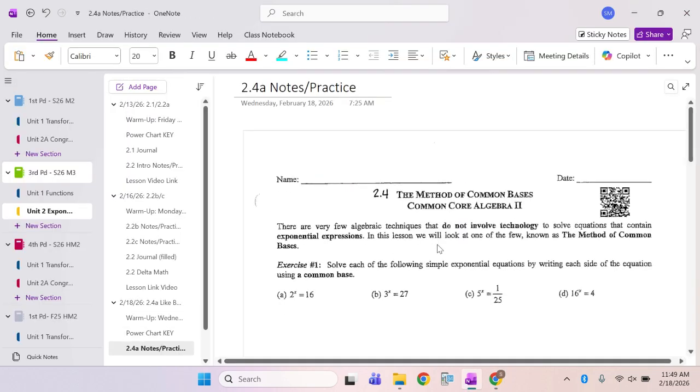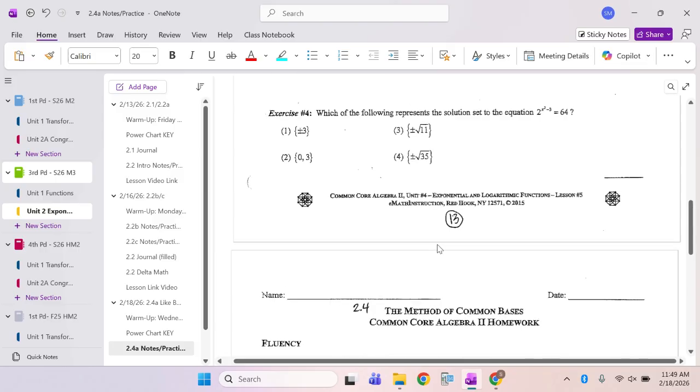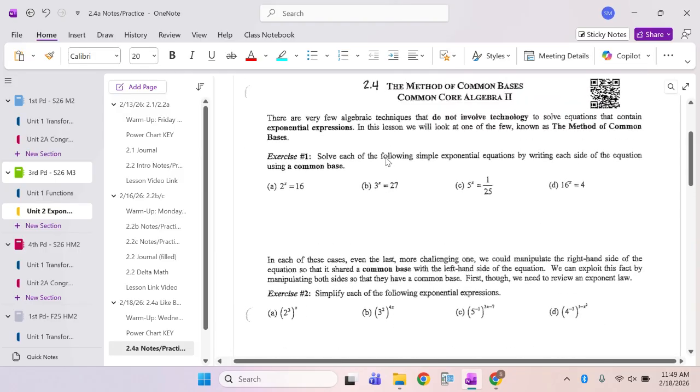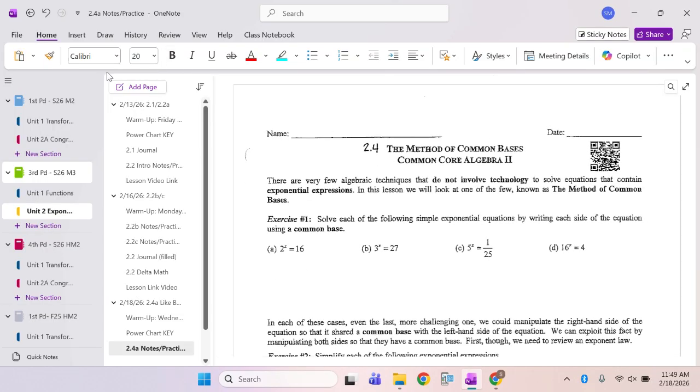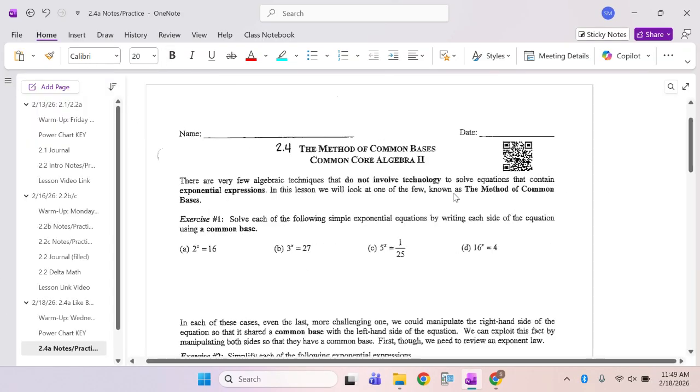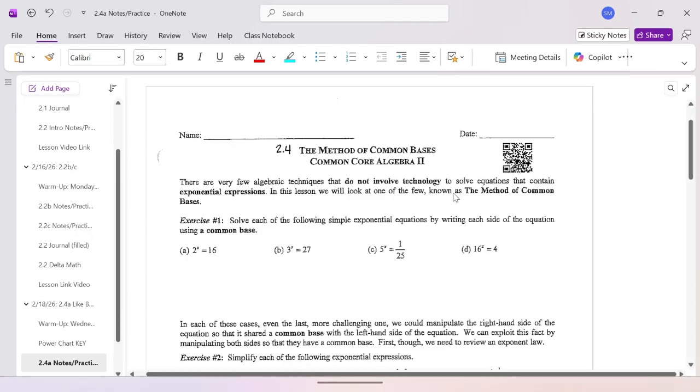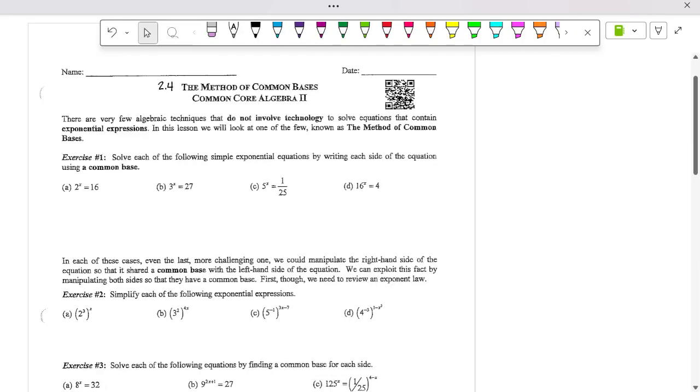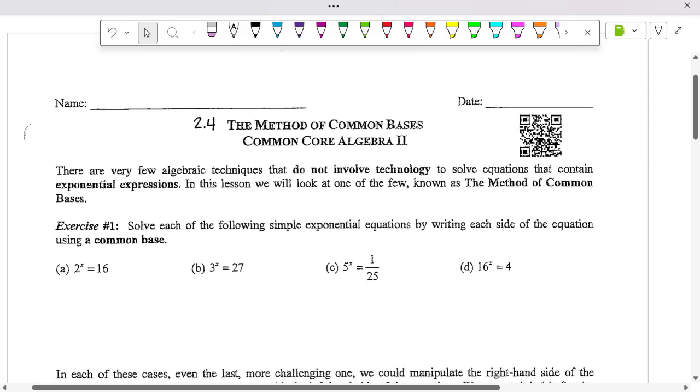So in your packet, we're going to go to page 15. So page 15 of your packet. All right, so